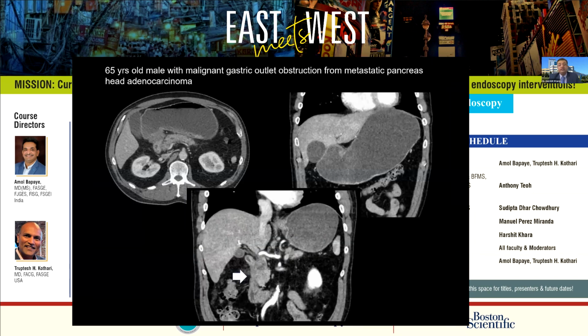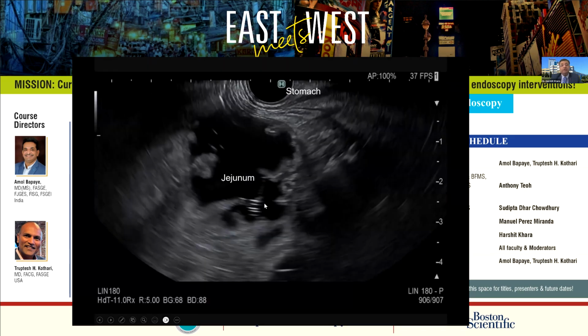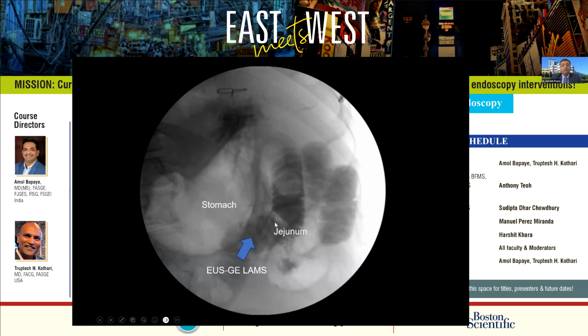One of the other unique things that we collectively, Truptesh and our group together, had shown is this misdeployment through the colon. So when the stomach is distended, this is a case where the colon is decompressed. As you can see here, there is a colon riding just underneath the stomach. And under EUS view, it's easy to kind of push it out of the way, but do we really? So here is the jejunum, here is the stomach, and we were able to do an EUS-GE from the stomach into the jejunum very clearly and show that this was placed into the jejunum.